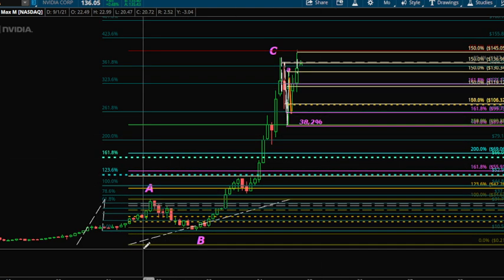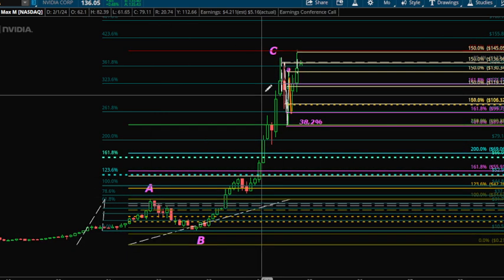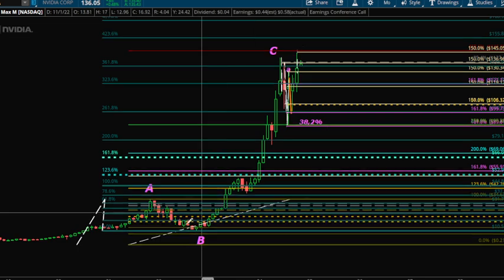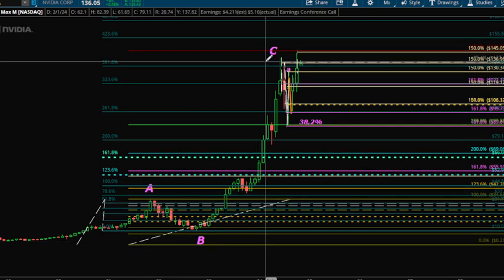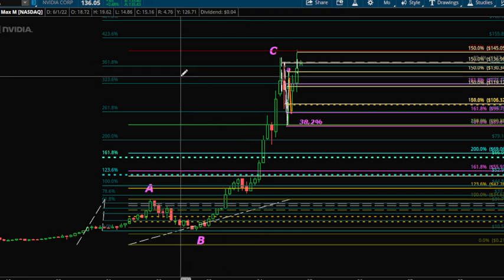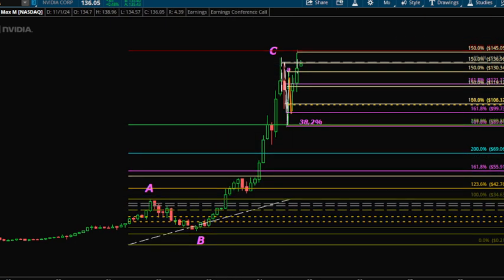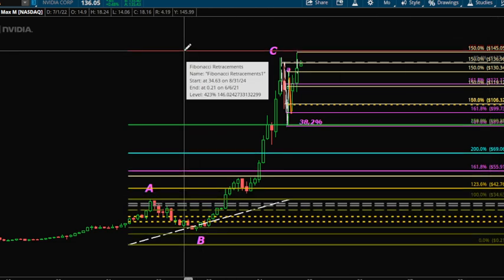Okay, so the question is on Nvda, can we count this as 1, 2, this is a 4, 3, 4, and we're going up in 5, or can I count this in 3 moves, A, B, C? So let me get this out of the way. One thing that tells me I can count this in 3 waves is this red